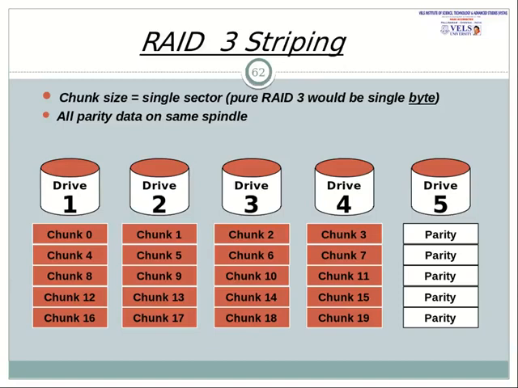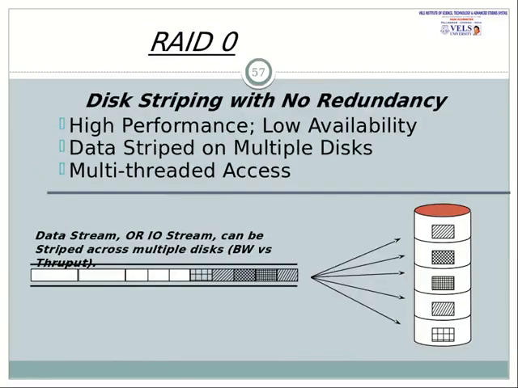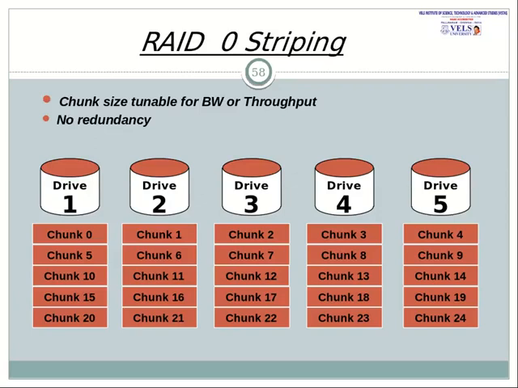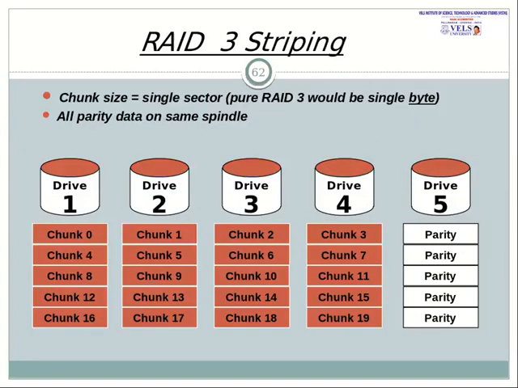So here the first 4 drives store the chunk files, that is 0 to 99, and the last drive is only accessed for the parity bit. So all the parity bit data will be bound to this disk drive 5.